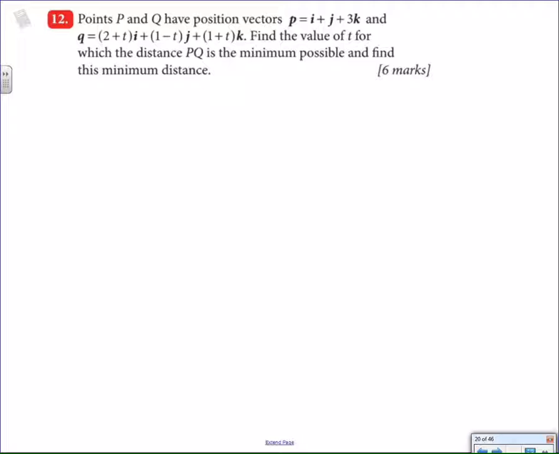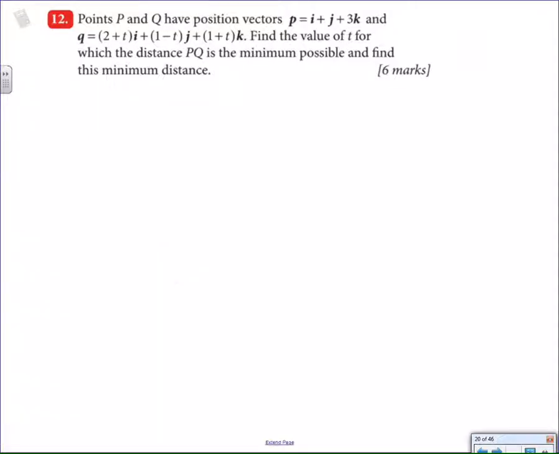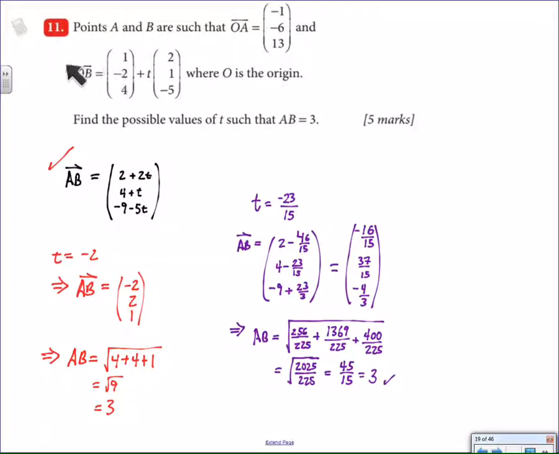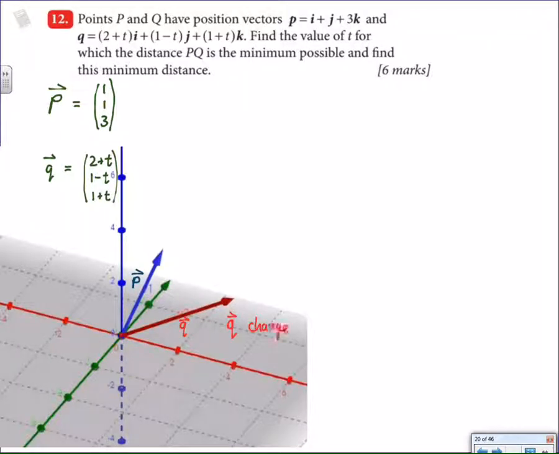If you notice the way that the vector q is given, it's actually the vector (2, 1, 1), starting off in a direction of (1, -1, 1) times a scalar multiple of t. So in other words, the vector q is given to us in a form very similar to what we had in the previous exercise. Once again, the authors are teasing you into understanding what a vector equation of a line is, and to get a better understanding of how q works,